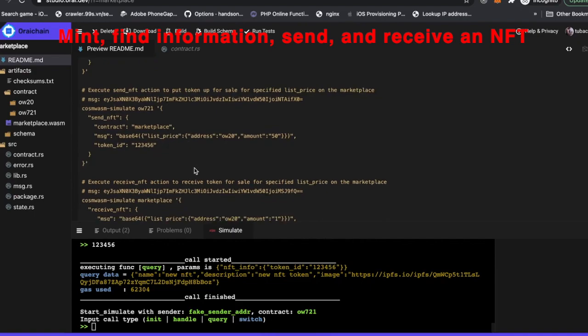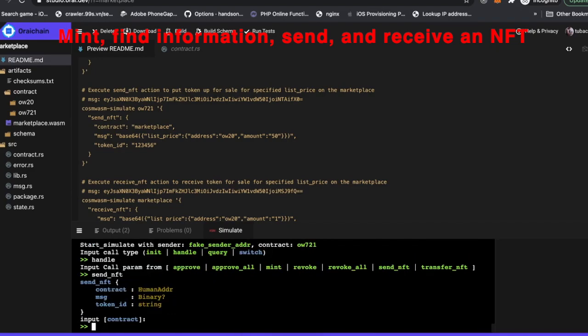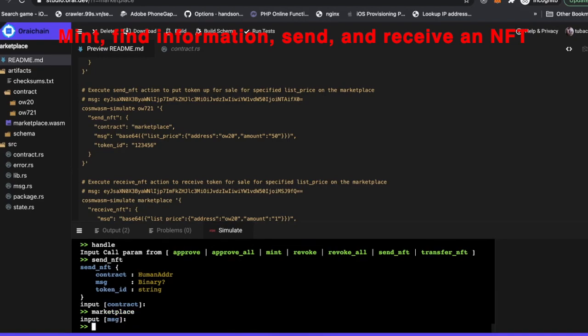Yeah, after we have minted a new MFT token, we will send this MFT to the market. Send MFT. The contract is marketplace, and the message is basically encoded from a JSON object.